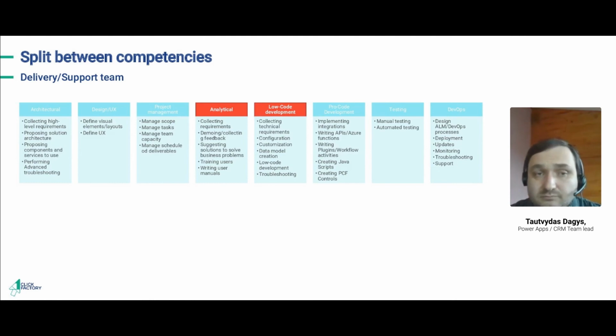And then, of course, the others are equally important, and you should think about them as well. I'm always mentioning architectural competency. It could be part-time, but it's very, very important, because of the architectural decisions you make at the beginning. Later when you move on with the project, you might feel that, okay, we made a wrong decision at the beginning by choosing, say, Canvas or model-driven app. And now we struggle because we can't do this, we can't do that, and either we should stop the project and revert it back. And those architectural decisions are very important at the beginning and also throughout the development itself,